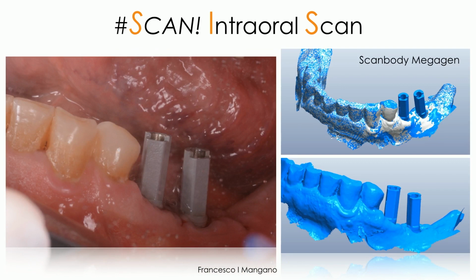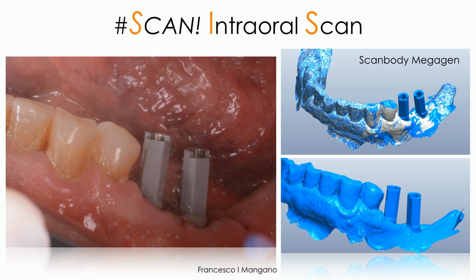Then after 1 month, 2 months, 2 weeks, depending on the case, depending on the indication, we can start the prosthetic phase. The implants here are AnyRidge by Megagen. Here are the scan bodies, 13 mm, by AnyRidge. We can place the scan body and scan the position of the implant. Obviously the scan starts with the capture of the antagonist, the master model after the removal of the healing abutment, and the bite, and then later we copy the master model,